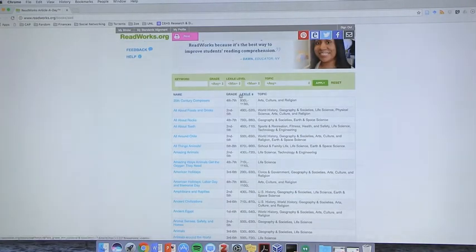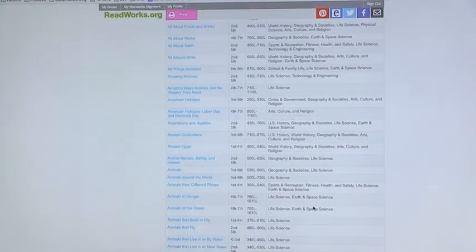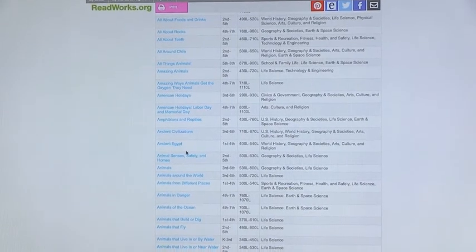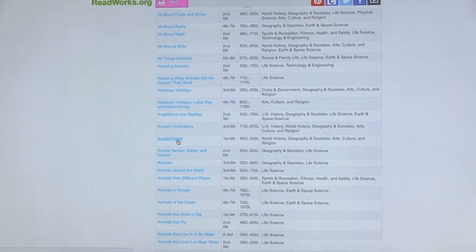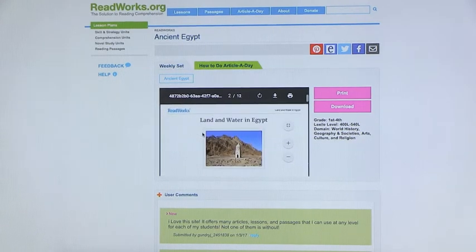And Article a Day allows you to sort by your grade level, by your lexile level, and even by topic. And what you do is, if you're teaching about a specific unit in class and maybe you want them to have some extended reading in it, you can look at something like, let's say we're doing ancient civilizations and I want them to focus more on ancient Egypt. You can select that reading and it will show you a series of readings,